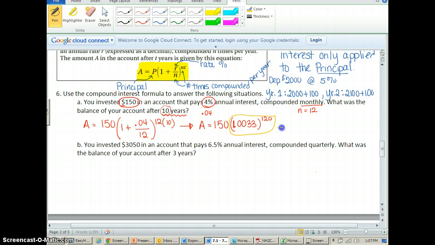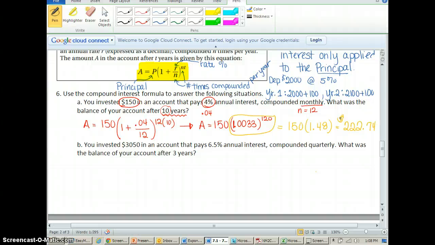So this gives me 150 times 1.48, which now I can multiply, and I get 222.74. So at the end of 10 years, that $150 has turned into $222, which is a growth of $72,